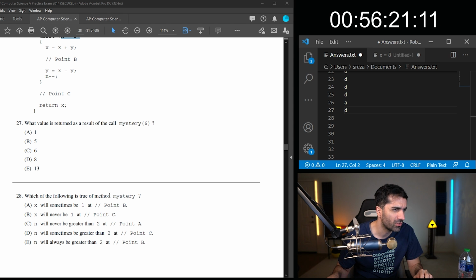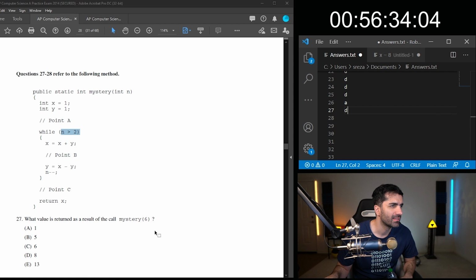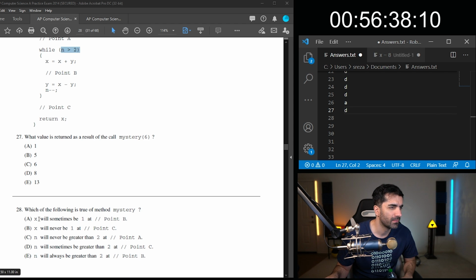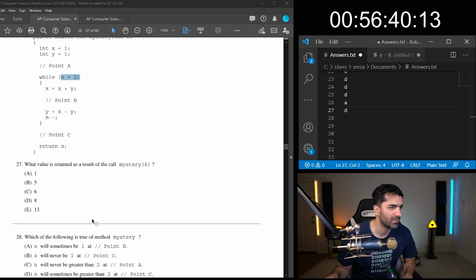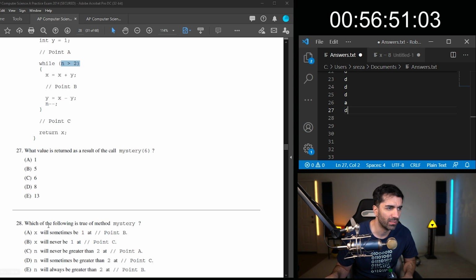Which of the following is true of method mystery? Point B, point C, point A, point C. What? Oh, point A, point B. X will sometimes be 1. If it never goes into the while loop, then yeah, it'll just be 1, right?